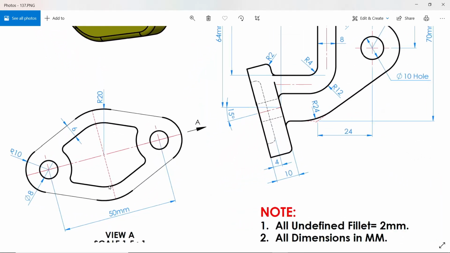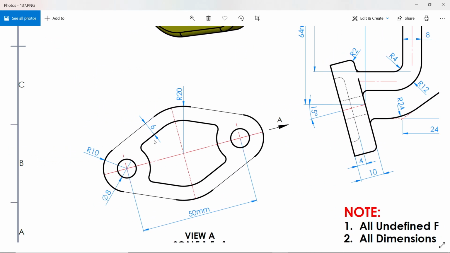Now at the bottom you will see this, there is a hole 4 millimeter cut out. See, corner radius also 2 millimeter, this radius also 2 millimeter, 6 millimeter from here, and this radius also R10, means 20 diameter.